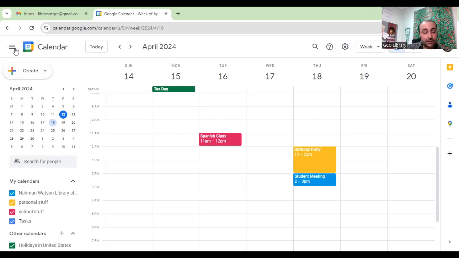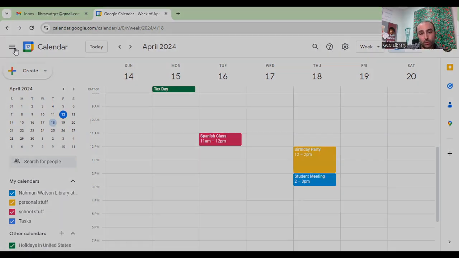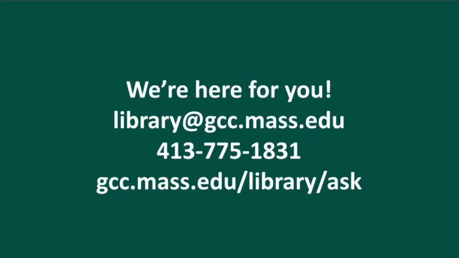So that's the basic introduction of Google Calendar. Everybody organizes this stuff differently. There's no real wrong way. Some people like to keep their calendars very simple. Other people like to make them very complex. There's no right or wrong way, but I'd encourage you to play around with some of these tools and really spend some time figuring out what works for you and how you keep yourself organized.